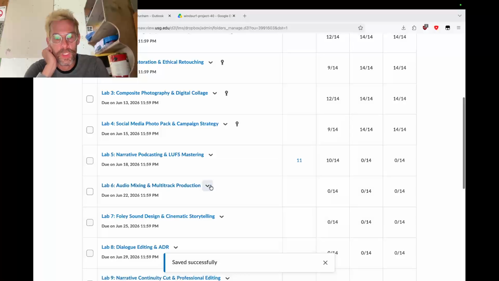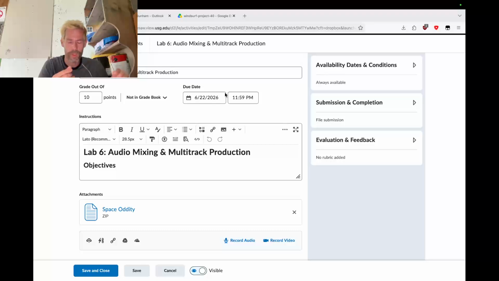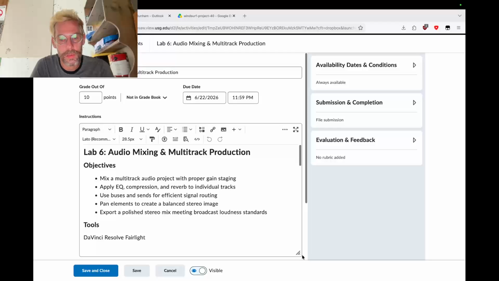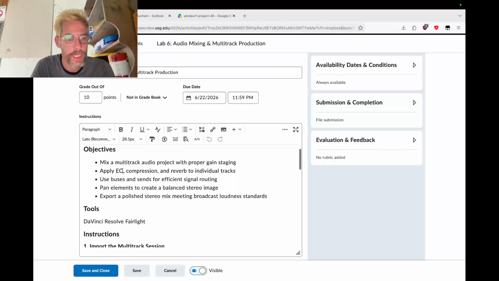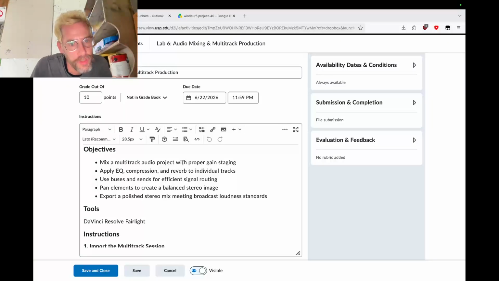Okay, so you will be mixing a pre-existing multi-track session that is 11 tracks deep, and you'll be using EQ, compression, reverb. You'll be making sure the project doesn't end up too loud or too soft. You'll use buses and sends for efficient signal routing. You will pan elements left and right to create a balanced stereo image, and you'll export a polished stereo mix